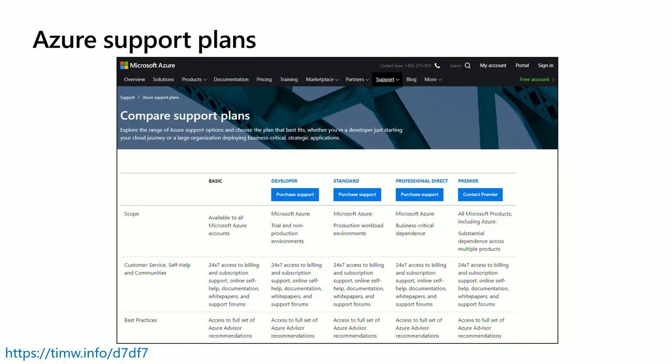This is a snapshot of the support plans page at azure.com. I rarely as an instructor encourage students to memorize, but this is the one example where a little bit of memorization, I hate to say it, might help you, because you can expect a couple of questions that will require you to differentiate among the support plans.